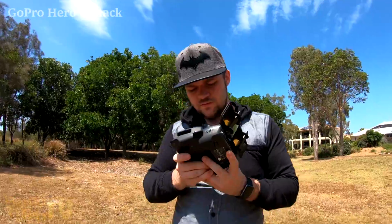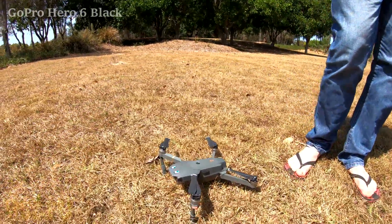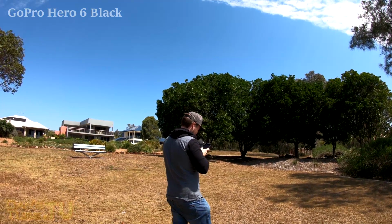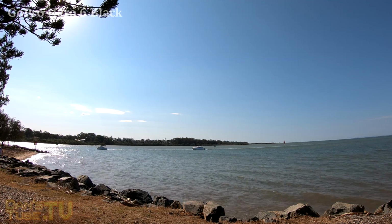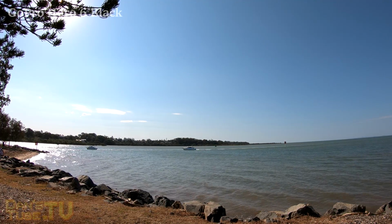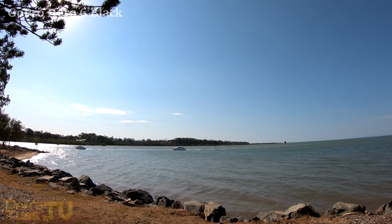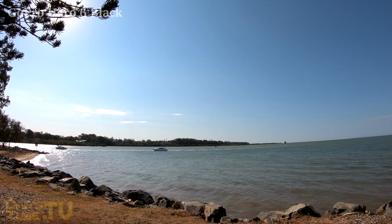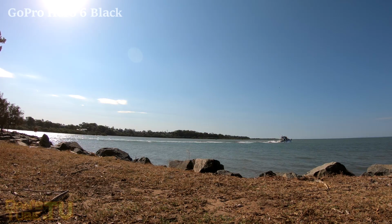Comparing the Hero 6 to the Hero 5 as well, when it comes to the image stabilization, the Hero 6 actually boasts 4K 30 frames per second with image stabilization, and it is gimbal-like footage. It is so smooth, it's amazing. Where on the Hero 5, you can only go up to 1080p image stabilization, which is okay, but like I